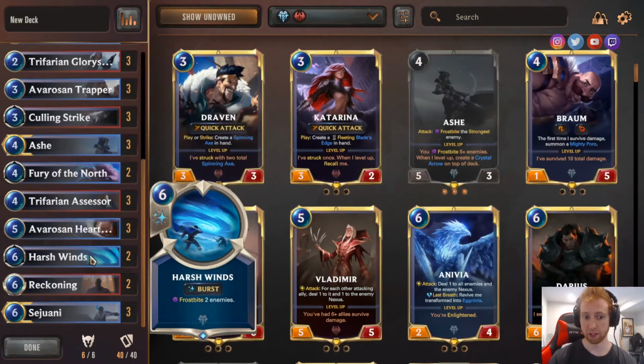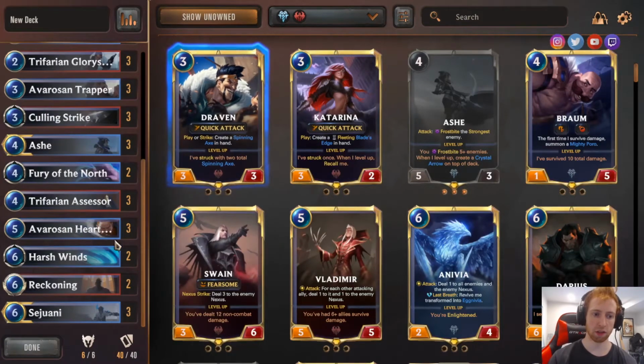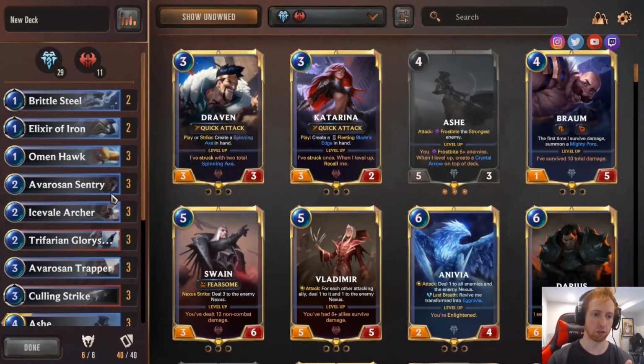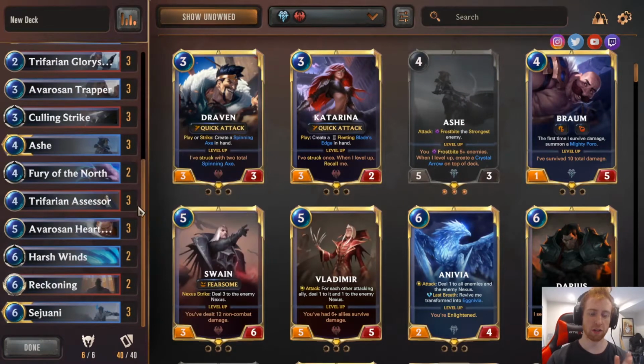Ashe and you have Harsh Winds in hand. You attack with Ashe, and then you Harsh Winds 2 things. So that's 4. And attack with Ashe, and that counts itself for the attack frostbite enemy, it's 5. So all you have to do is get just 2 freezes off, the Ice Archer, Brittle Steel. And at any point in the game, if you have Ashe and Harsh Winds, you freeze their whole field and